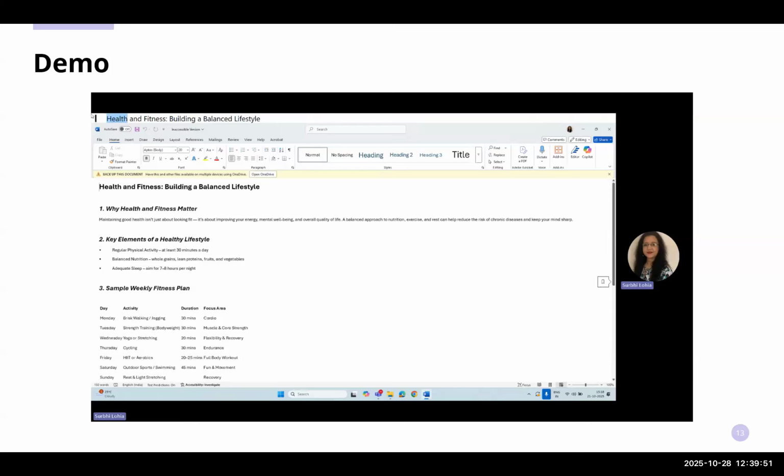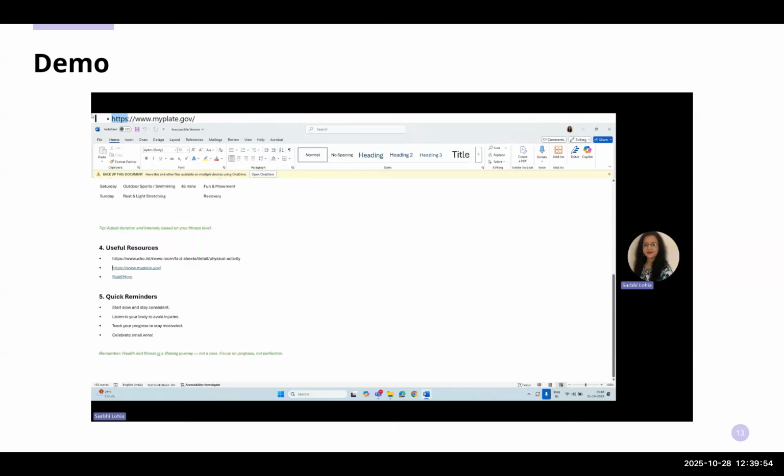Now let me check if there are any links available. Bullet link https://www.myplate.gov/. So there definitely seems to be one link available, but it is reading as the entire raw URL, so I would not know where this link is going to take me. So now, because this document does not have the right tags like headings, lists, tables, etc., I'll move to the top of the page and start moving one by one